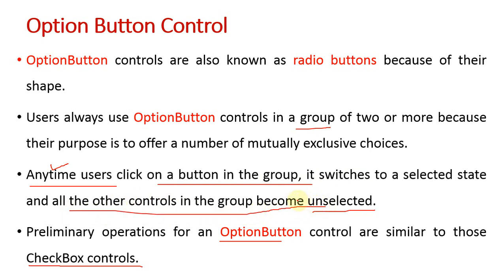Right? Whenever you click on a particular option like option 2 or option 3, that will be selected, and at the same time the remaining option buttons will be deselected. You have already seen this. So this option button is also called a radio button because it is round in shape, nothing else. Okay, option buttons give the user different options, so the name option button has been given. Okay, fine.